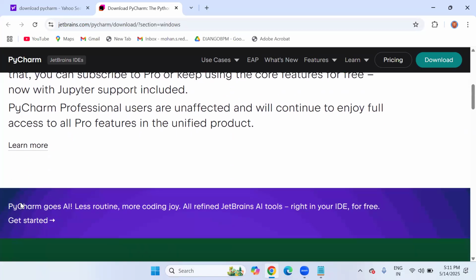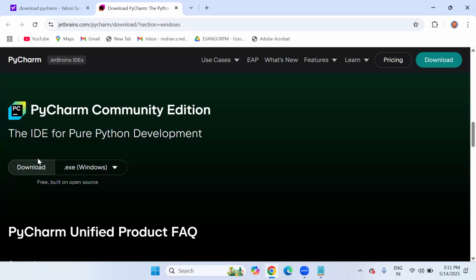But initially, if we go with PyCharm Community, it is completely free, built on open source. Whatever you want, you can go through this. But let's go with this one, sir. Community is the best one, because we are working with purely Python right now. Later, when we go for Django, REST API and all, then for that you can go with Professional,